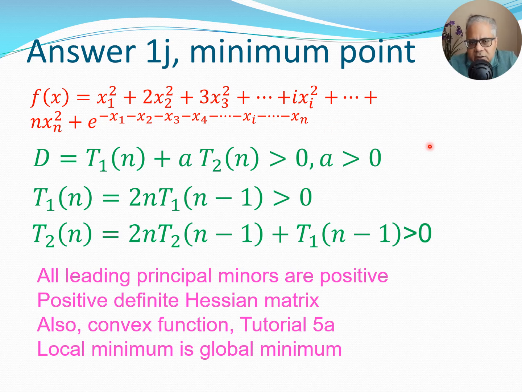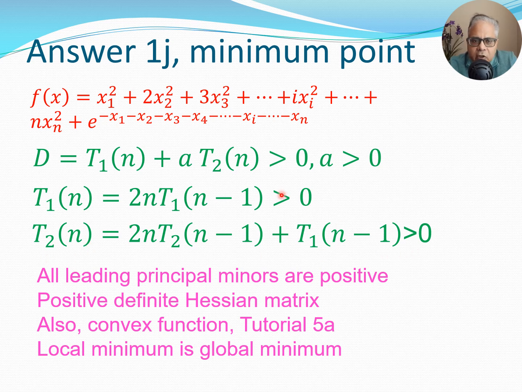Now what has this helped me do? This has helped me figure out that for this particular function f of x, which is given in red, I have the value of the principal leading minors, and that is given by this value of d here. And looking at this value, I know that since a is greater than 0, this particular value is always going to be greater than 0. So also you can see that T1n is greater than 0 and T2n is greater than 0,